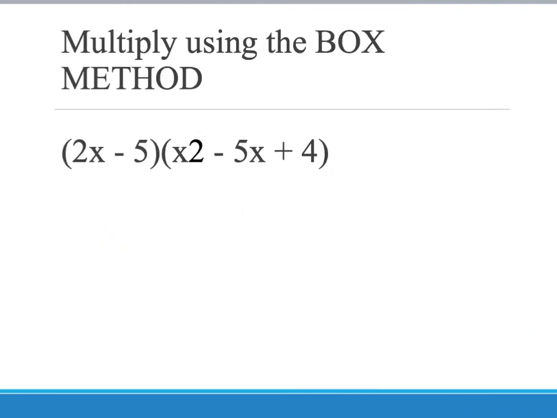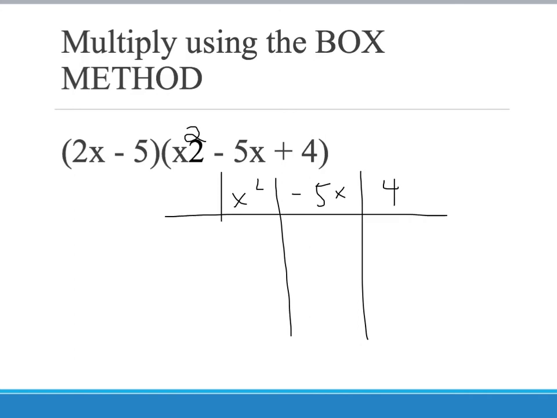Okay, so let's try this one using the box method, and we'll go ahead and create it ourselves. There's no right or wrong way. I like to put the longer one across the top. So we have x squared, then minus 5x, and then plus 4. And then going along the side here we have 2x